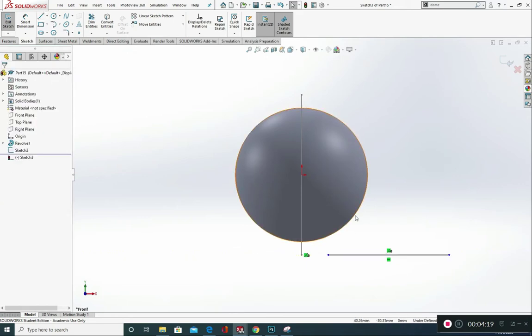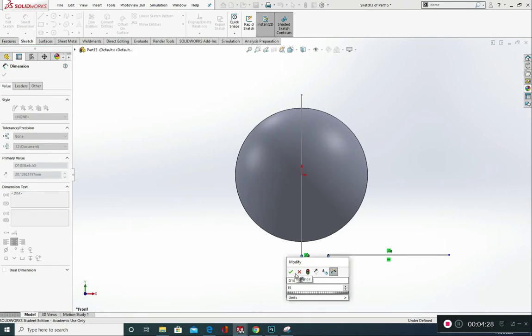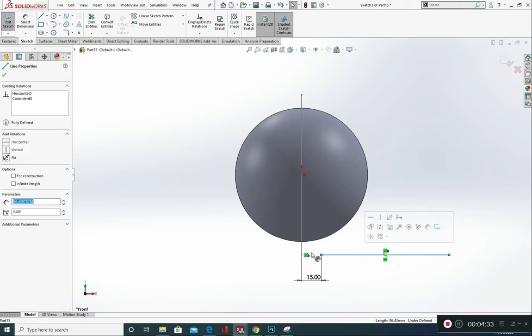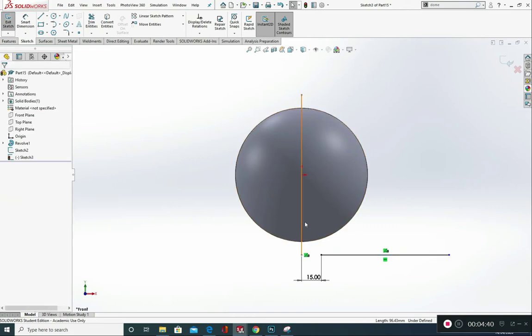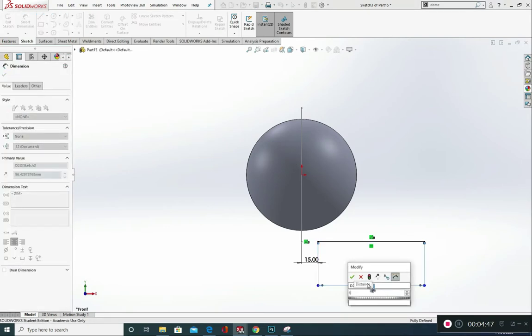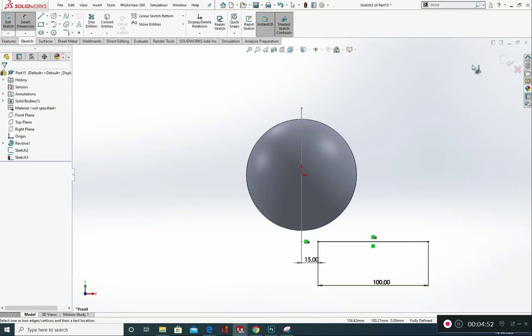Now, I'm going to give a dimension to this from here to here. I would like this to be, let's go with 15 millimeters. I also want this line here to be horizontal. Okay, we can smart dimension this up if you want. Let's go with 100 millimeters, and we've got a fully defined sketch. I'm going to come out of this sketch now,